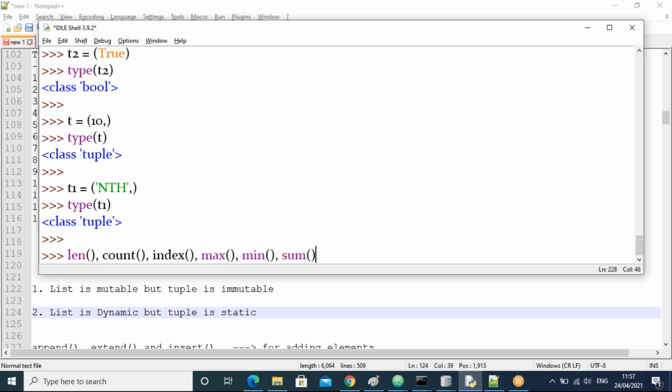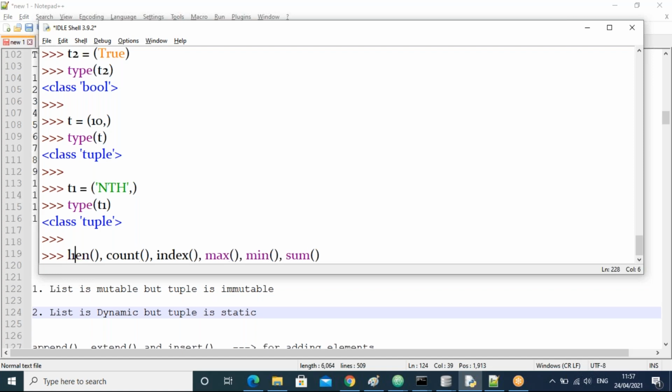These all functions are used in the list, same as in the tuple also. I'm not going to explain these functions again, guys. Is explanation required or not required? Length one example, count one example, index one example, max, min, sum already over. I guess very simple things, right? These are common functions for list and tuple.